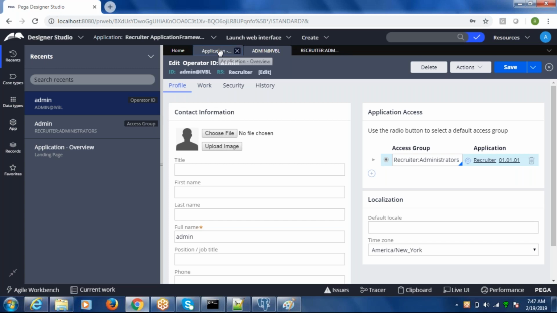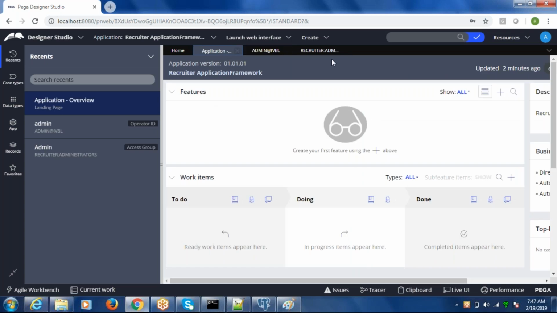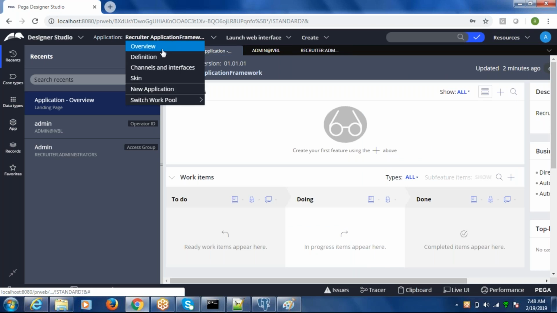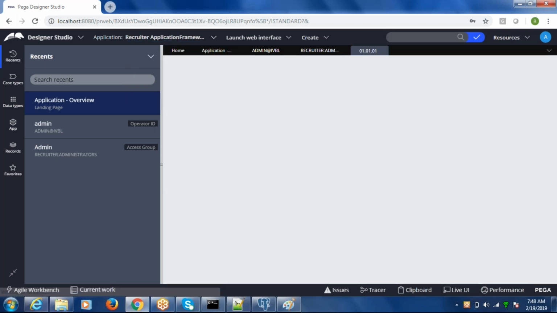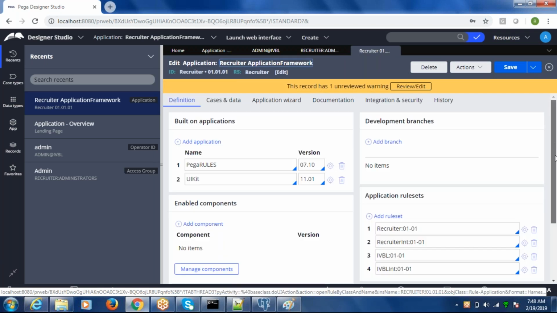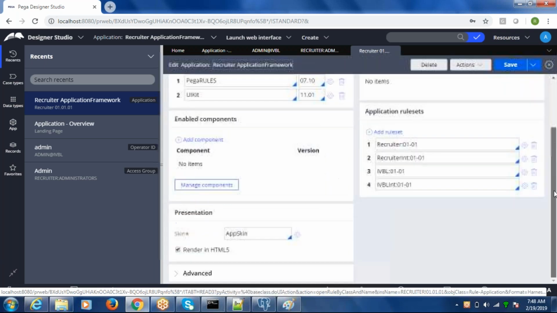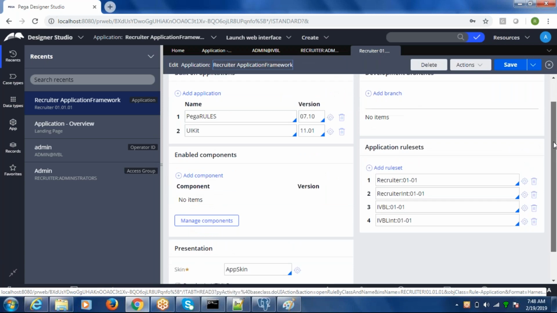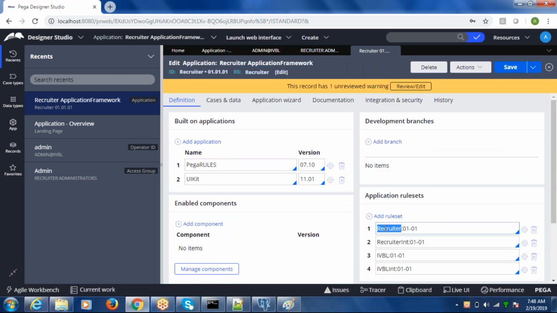The rule sets. If you go to application definition, here you can see the rule sets. There are 4 rule sets. One is for the application. Anything that we create as part of this application process, we will consume this recruiter rule set.